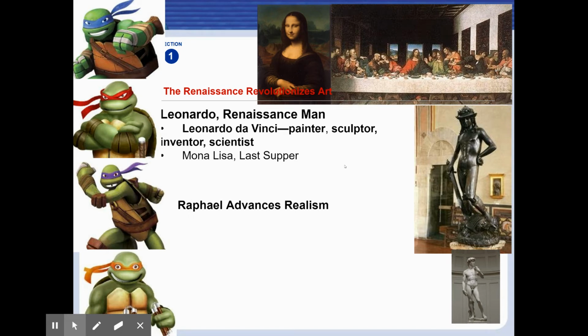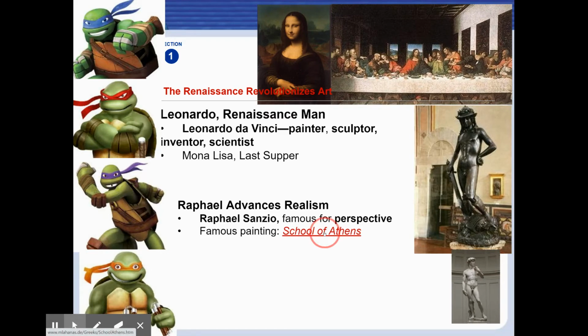In addition to Leonardo's work, there were also some significant Renaissance artists that were providing other ways of looking at the world and really challenging the system. Raphael advances these kind of techniques that are used to create realism and to even send messages. So Raphael is famous for many works, but the one that I would love to share with you is called The School of Athens. I think the School of Athens is really interesting because